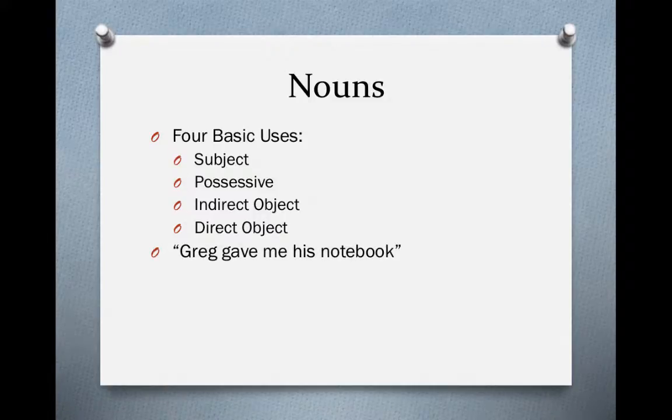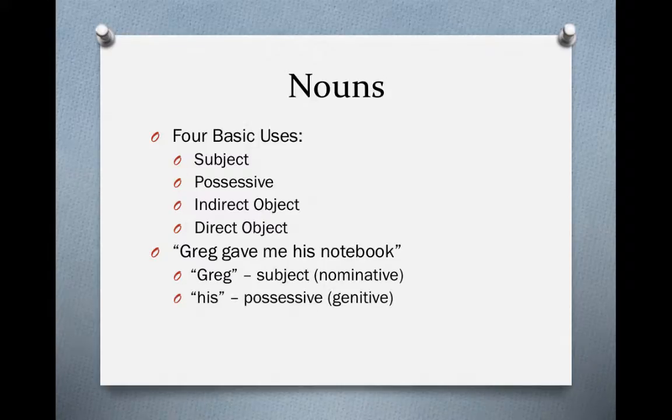In a sentence like "Greg gave me his notebook," Greg would be the subject. And in Greek, the subject is called the nominative, or the nominative case. His would be possessive, and this is the case of the genitive. He gave me his notebook. Me is functioning in this sentence like the indirect object, and the indirect object in Greek is going to be